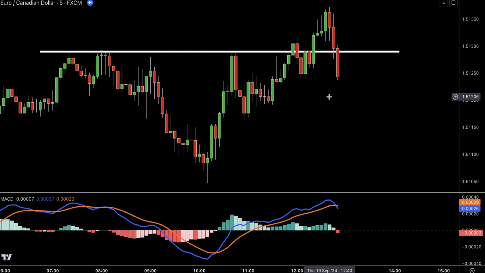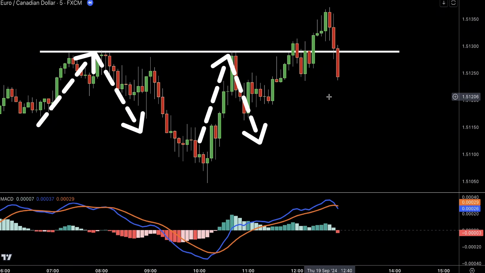Now let's look at the MACD indicator. Take a look at this euro against the US dollar 5-minute chart. The market reaches a price level and reverses, creating a clear resistance zone. Later, price returns to the same area and rejects it once again, confirming the strength of that resistance level. Now, as the market approaches the resistance for a third time, price breaks above it before quickly reversing and closing